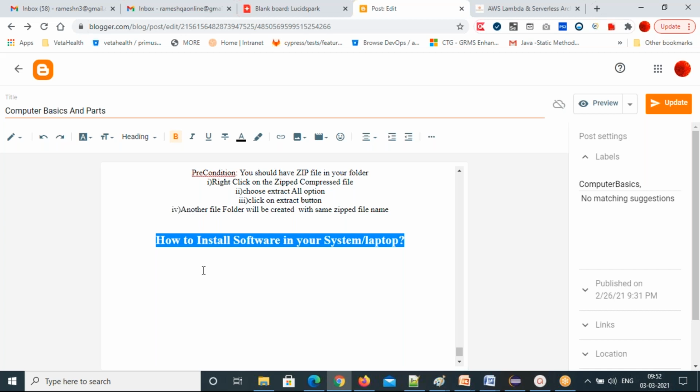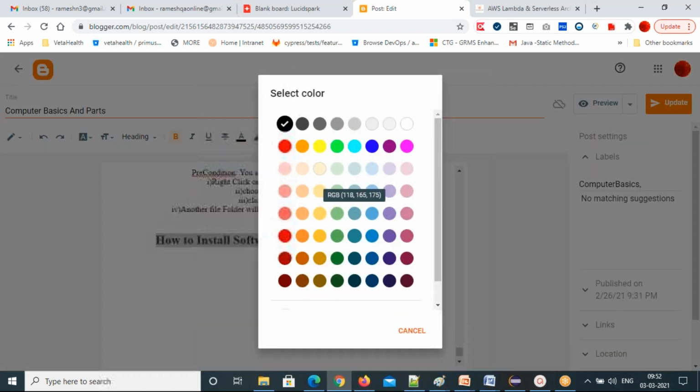You can write any code, any statements, any data in Notepad++. It's like a Notepad, but Notepad++ is an advanced one that will support any kind of formats. So let's download Notepad++.